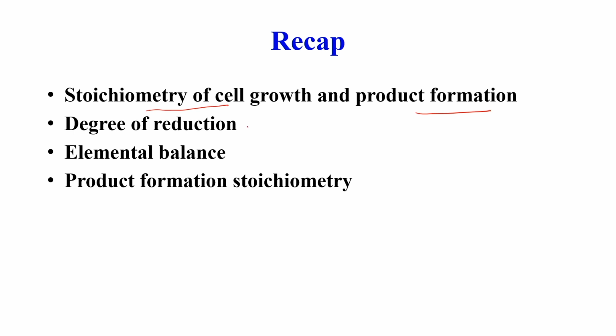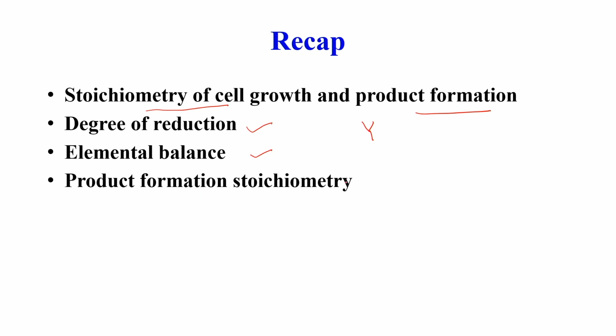Next, we discussed the degree of reduction and the yield coefficient Y. If these two parameters are known to us, we can still go for the material balance. So, based on the degree of reduction and yield coefficient, we perform the elemental balance, and further we discussed the stoichiometry